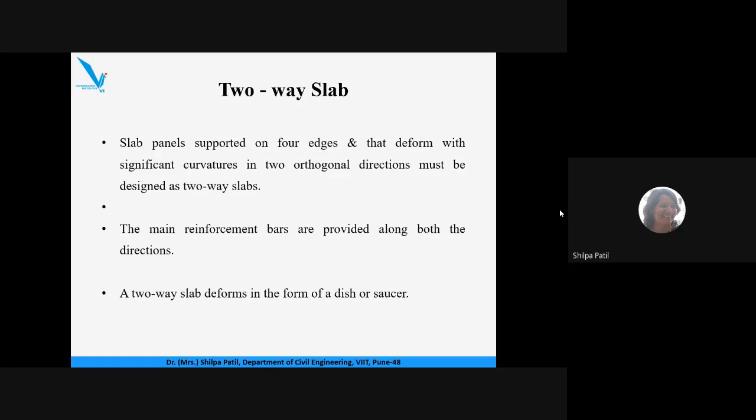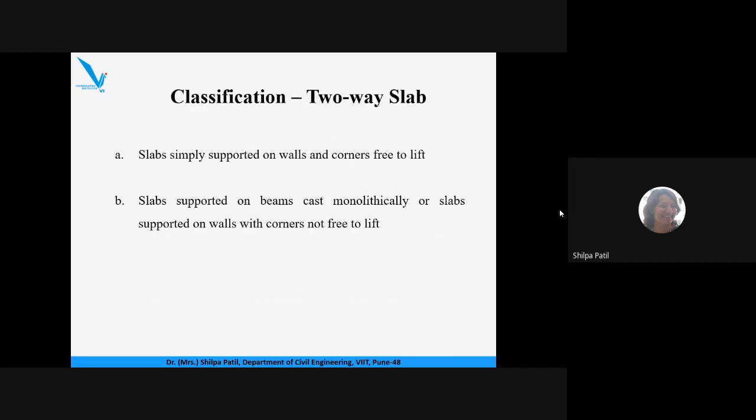Okay, so the two-way slab normally deforms in the form of a dish or a saucer. Okay, you can imagine how the deflection will be. After deflection the two-way slab looks like a dish. Now the two-way slabs are actually classified into two types. One is the slab which is simply supported on walls or the beams, and the corners of the slabs are